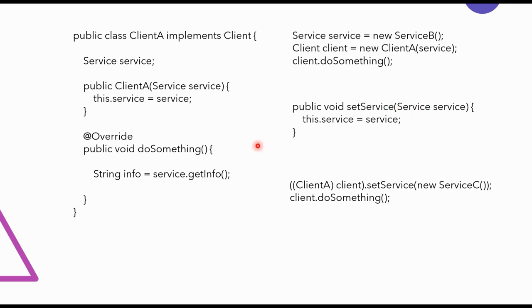So I hope you understand. Here you see the client A class is implementing the client interface and it's using the service interface. Here you see the new keyword, but actually this object, service equals new service B, will not be created by the class. This object will be created by dependency injection and the framework which provides us the dependency injection. Here, for explanation, I have written service equals new service B, but in the actual case when we use